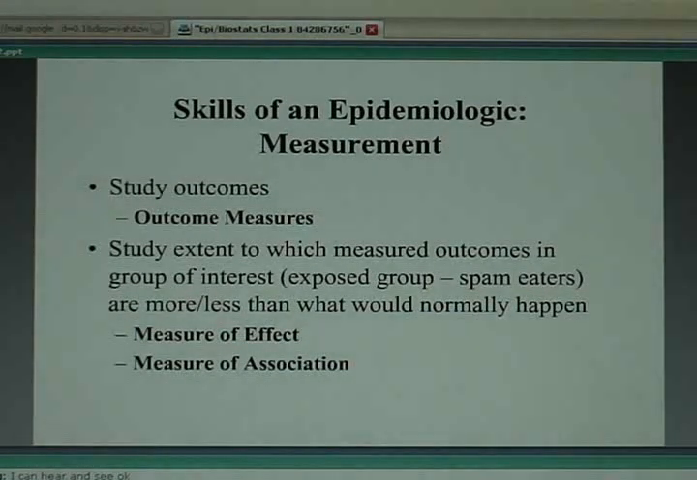Making me hungry too, but I'm not a spam person. Okay. And then going a step further, not just measuring